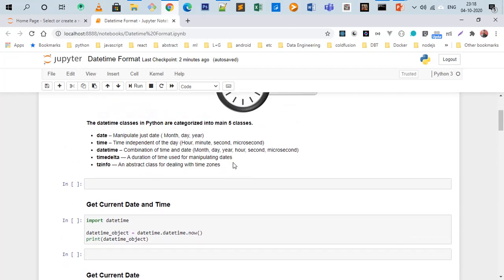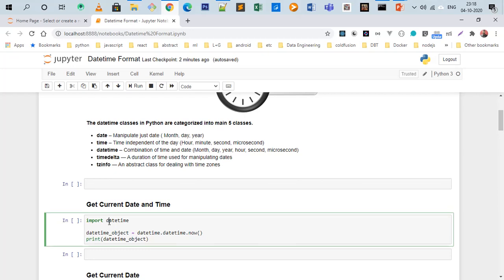Okay, so let's import the datetime package, or you can say module, and we are taking the datetime class and executing the now method, storing it in a datetime object and trying to print it. Datetime will print the combination of date, month, day, year as well as the time, hour, minute, second.